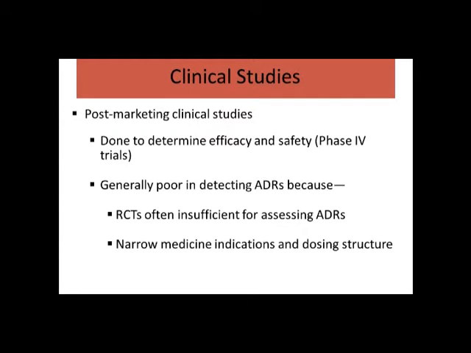The next site, as I discussed earlier but now in more detail, would be the clinical studies. Of course, these are post-marketing clinical studies or phase 4 studies. They are basically there to determine the safety and efficacy. But remember, all these studies are meant for drugs which are used at therapeutic doses, and also which are used for specific conditions. So often these randomized controlled trials or whatever we talk of may not be of much help to us in detecting a rare side effect of a drug.